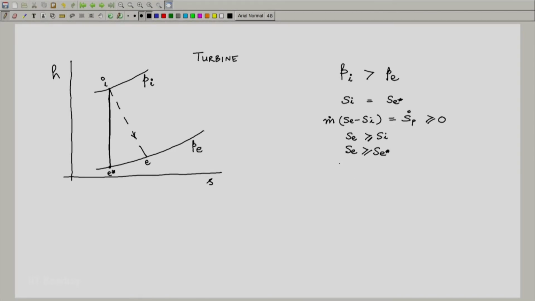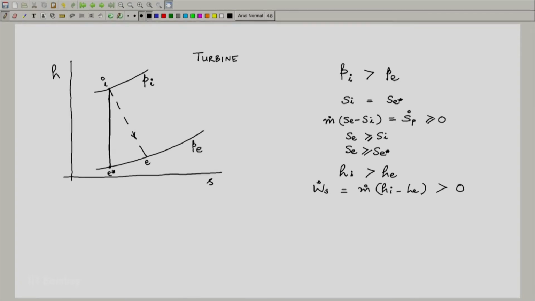Now, in this case the inlet enthalpy is higher than the exit enthalpy. So, it is Hi is greater than He, which means that W dot S, which is equal to m dot (Hi minus He), is a positive quantity. So, this is what we expect from a turbine, we are extracting work out of it. So, the system does work on the surroundings, it is a positive quantity, and this is what we expect.